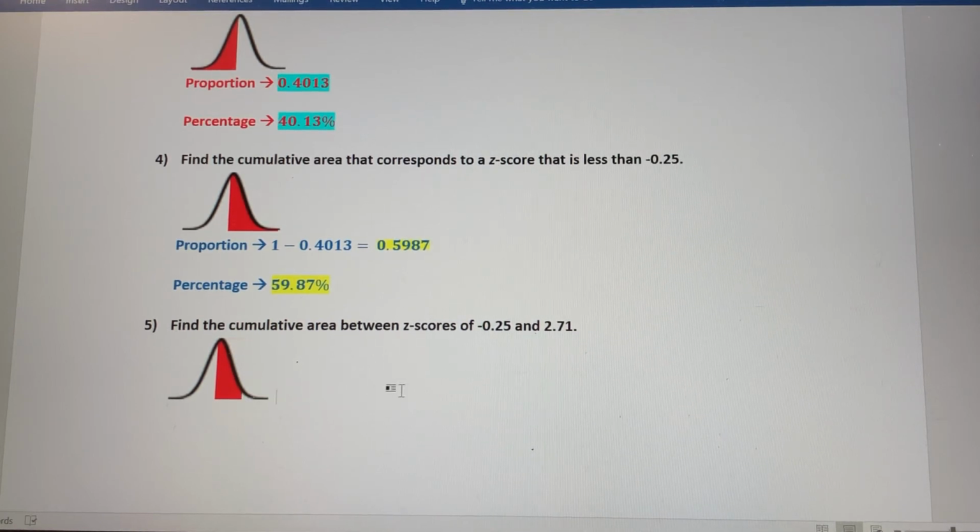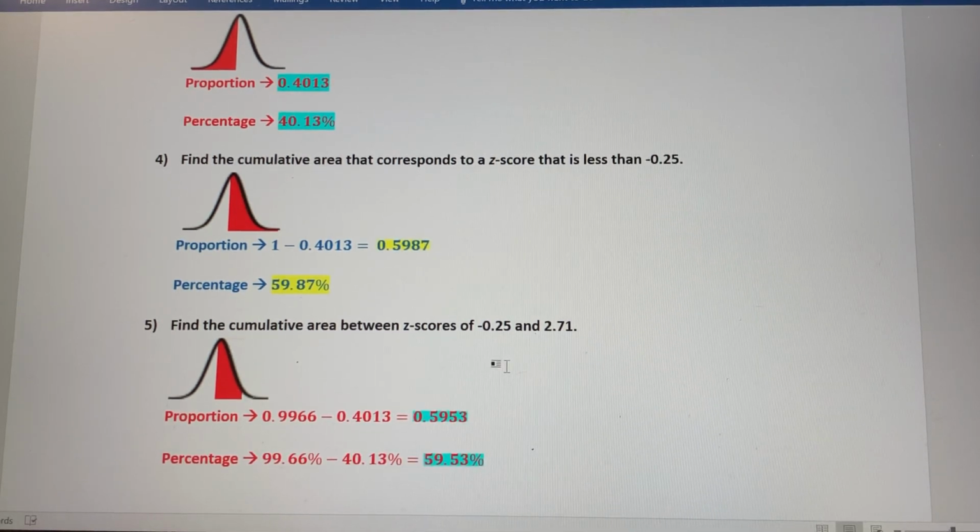Remember, we're going to use those proportions we found earlier, 0.9966 and 0.4013, and subtract those two. From here down was 0.9966. From here down was 0.4013. So to find this shaded-in area, we subtract those two values. The total proportion between a z-score of negative 0.25 and 2.71 would be 0.5953, which gives us a percentage of